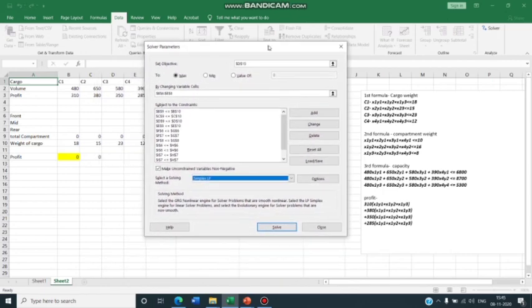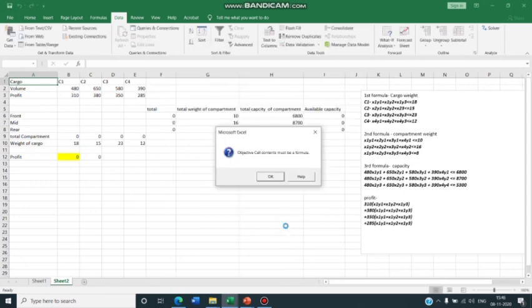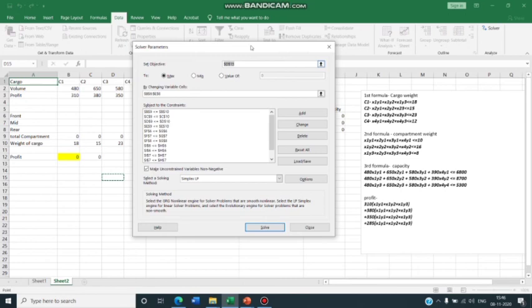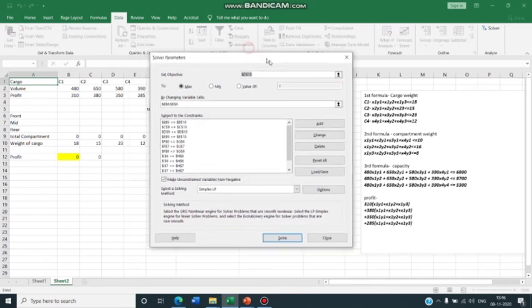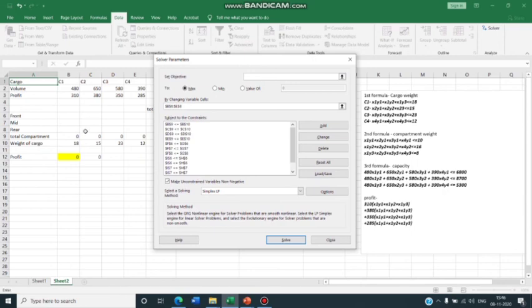Now we have provided all the information to solver. We have provided the objective function, and we have asked it to maximize the profit. We have provided the decision variables, as well as the constraints. Now click on solve and see what optimal solution solver has given us. So click on solve. Okay, there is some formula issue at the objective cell content, so I'll go back and look at that. Okay, it looks like my value has been changed over here. The objective function was the profit one, so I'll click on the profit cell address and I'll click on solve.